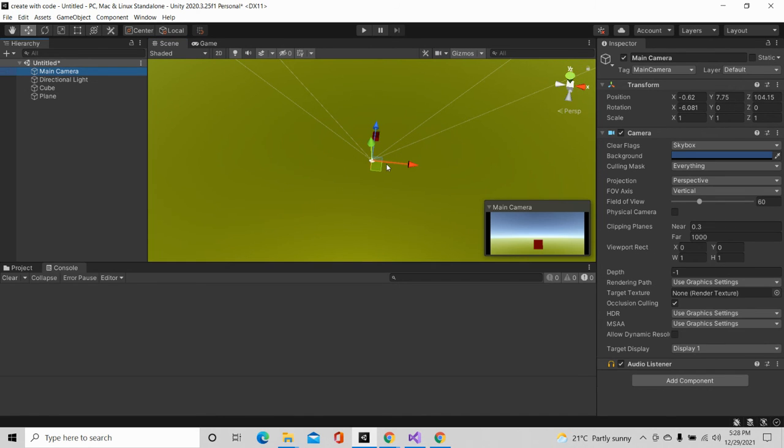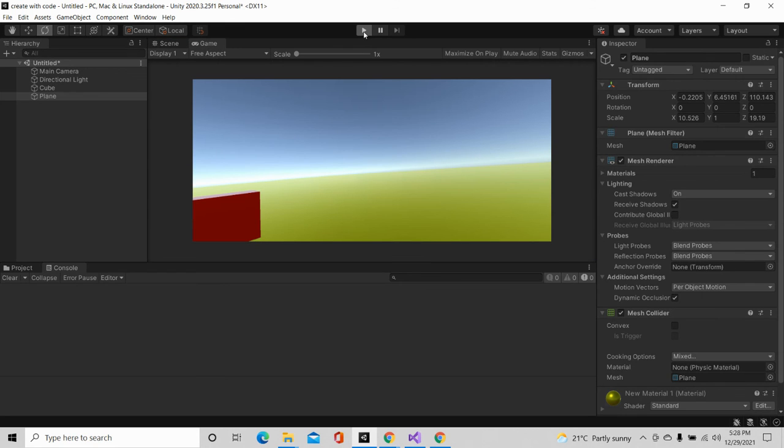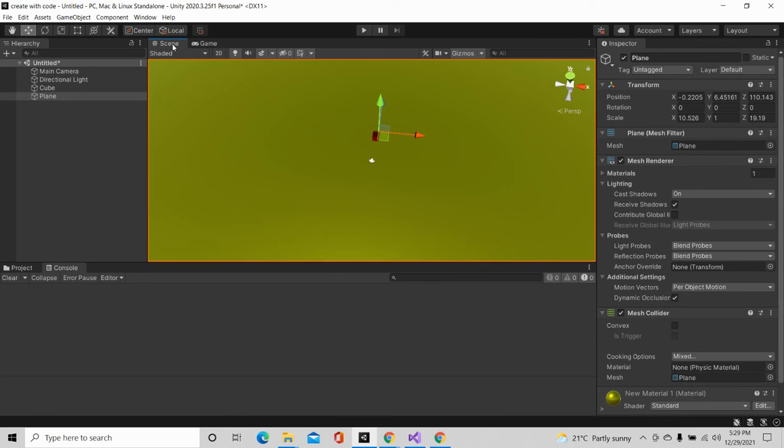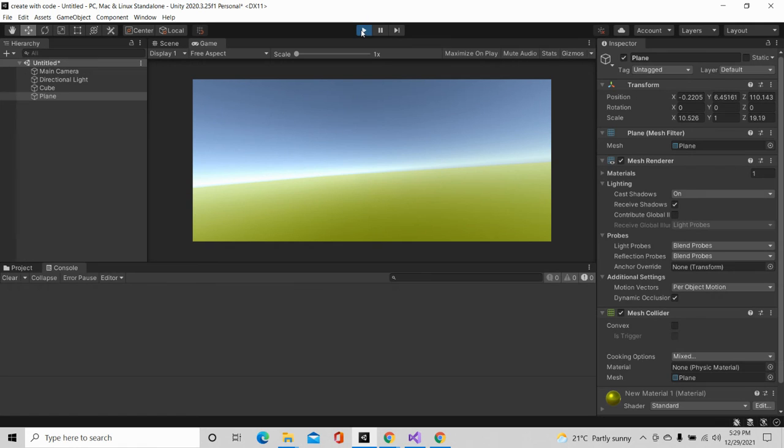In the main camera, what we are going to do is just rotate this camera so we can actually see. I will fix all the input controls. So when you play, then press W, it will definitely move. You can see that it has moved. So again, fix this part.